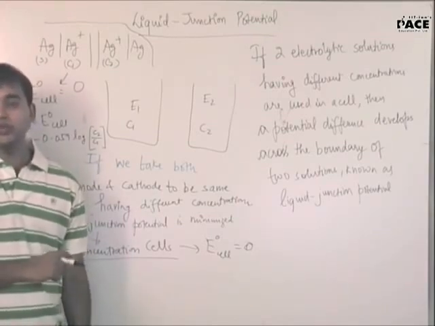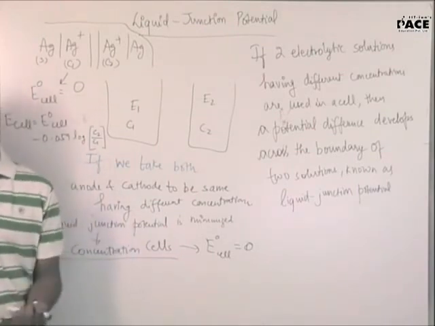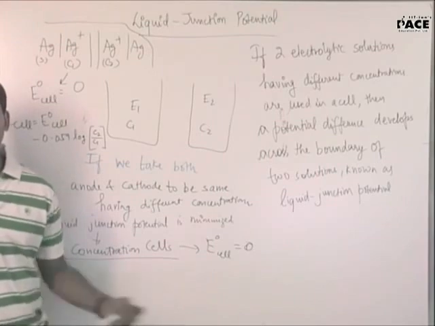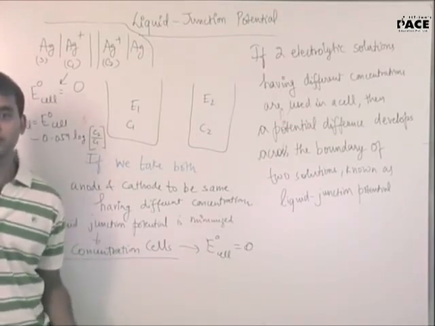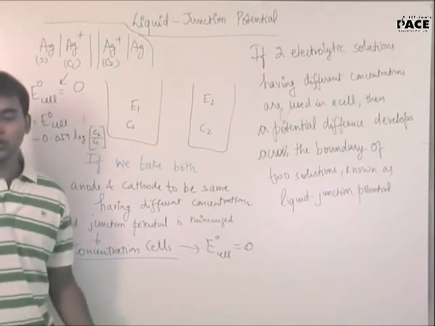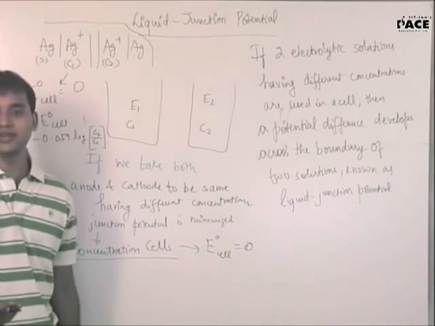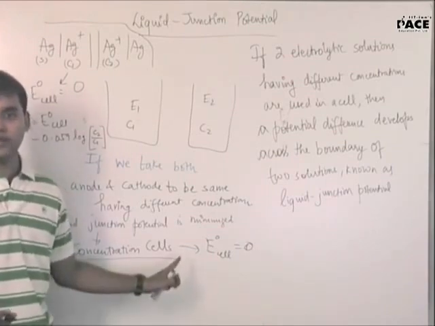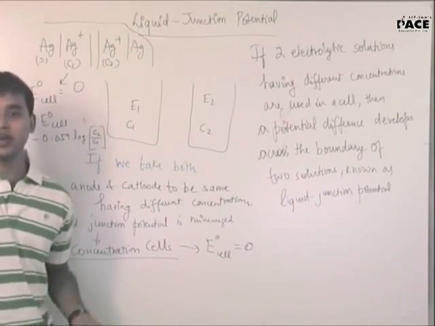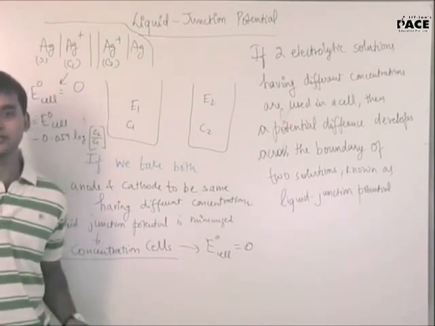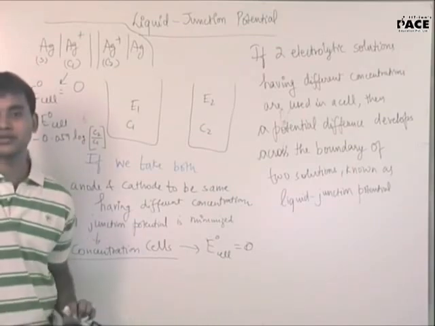So in these questions, what will they do? In JEE, when you will be doing a lot of questions, you will be in a very high pressure situation. Suddenly you will see that you are not given any E naught values. This is a very common practice. If you do a lot of questions, you are in the habit of using E naught values. They will not give you E naught values for this, and you will be thinking, what should I use as E naught? They have not given data, so data is insufficient. And they will give this as one of the options, data insufficient.